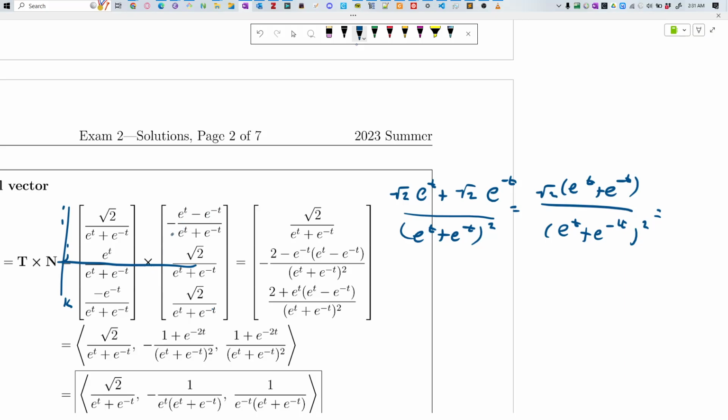Okay, I think that because this is the anti-diagonal, the negative will cancel with this negative here. But then I have this negative in the numerator and this negative, and this in the numerator, and that combines to give me this quantity. Yeah, that's what I'm doing. And then of course the denominators combine together. And lastly, for the k,